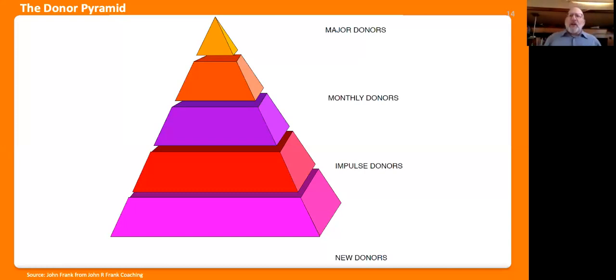Now, let me give another scenario. Let's say you've got some major donors. You got really blessed with some people, maybe high tech or a business, and you came in with some really big major donors. You must begin to broaden your base, because if one $25,000 donor who gives every December suddenly says, I can't do that this year, that's a lot of impulse donors to make up that $25,000. So it's really important to look for a balanced donor pyramid.